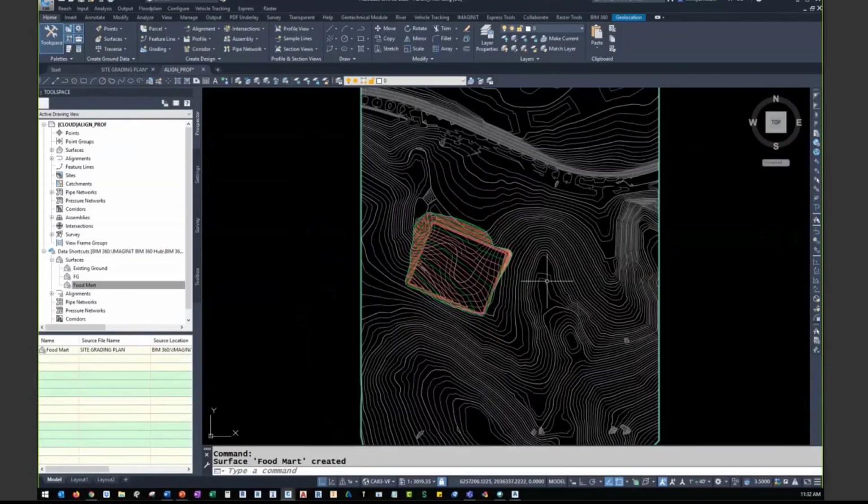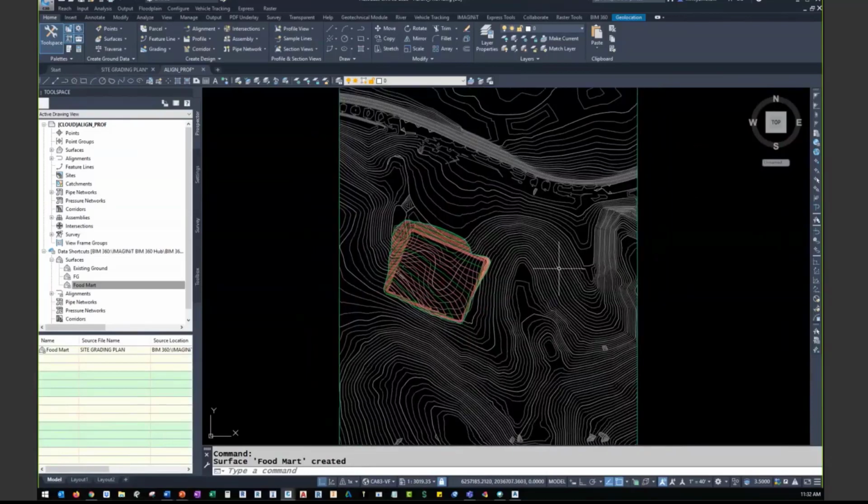One of the other differences within the Civil 3D platform and BIM 360 design compared to Revit and BIM 360 design is that the desktop connector is sort of running in the background automatically. So anytime I make a change to one of these files that I'm working with from the cloud, as I click save, it is triggering that sync process in the background without me having to do anything. But that also means that every time I click save, I'm going to get a new version that's been posted